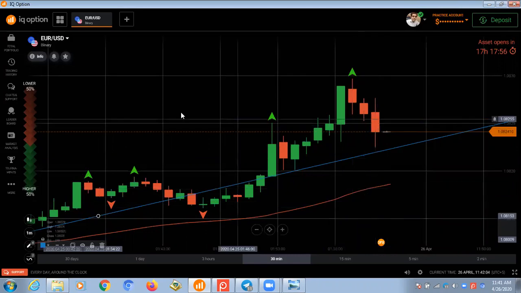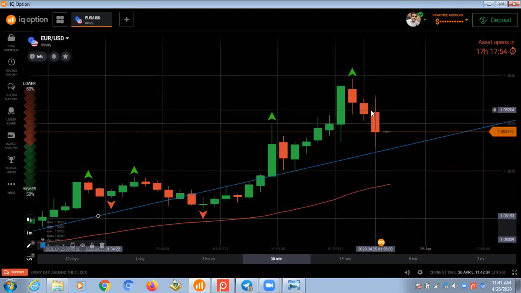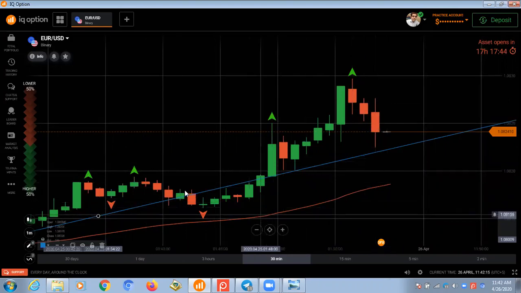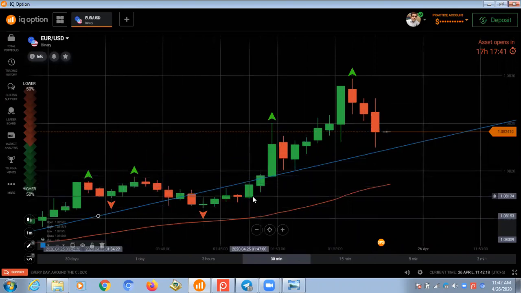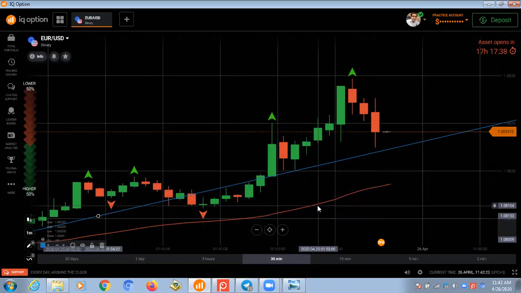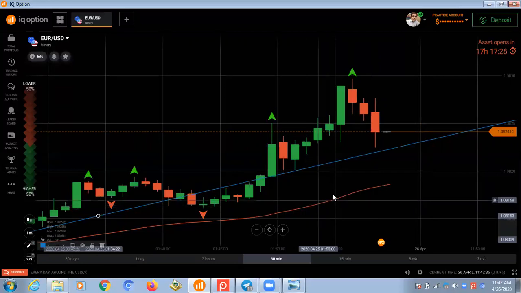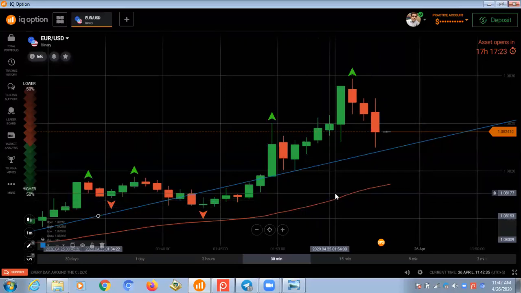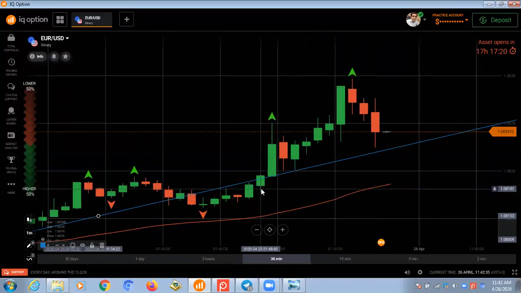If this moving average is above these candles, it shows that 50 minutes before, if we compare the candles from 50 minutes before and now, it means we are in the downtrend. And if this moving average is running between these candles, it means 50 minutes before we were in the range. If we compare the price now and the price 50 minutes before, it is equal or near to equal. So these moving averages give us information about the market trend, market direction,